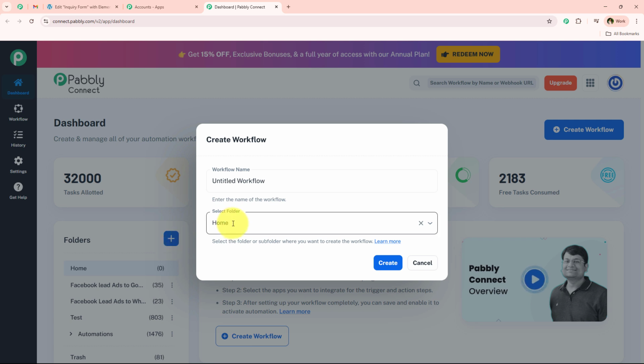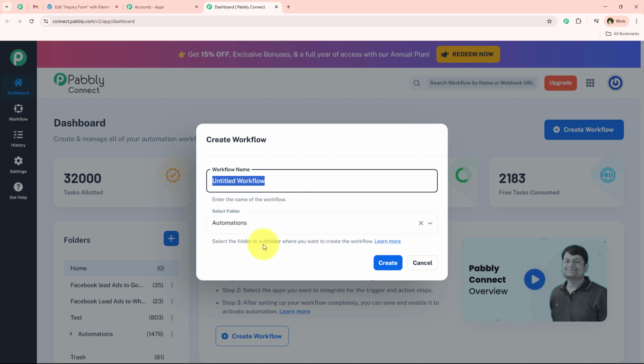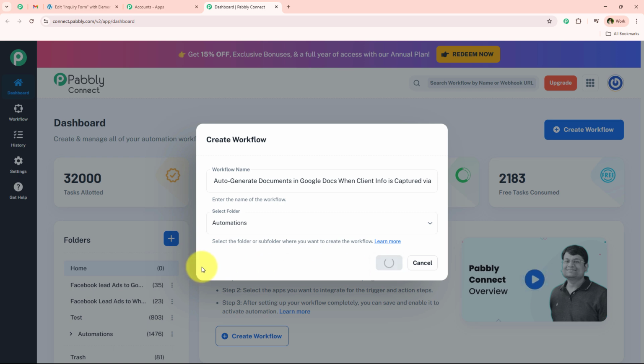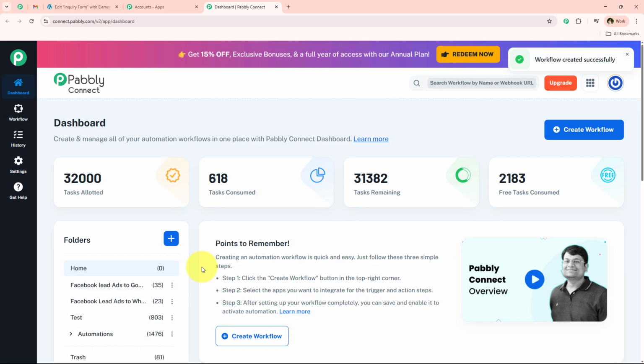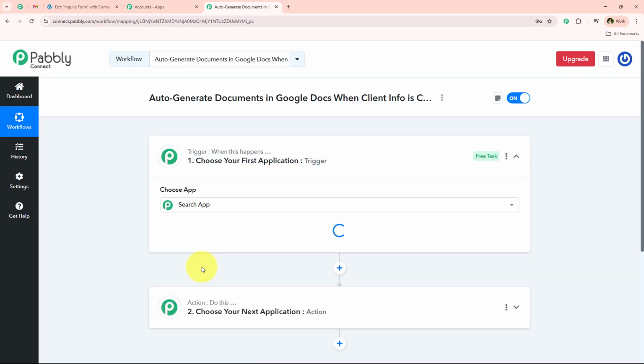I've already created many, so I'm just going to save my workflow in one of these only, which is automations. And now I'm just going to name my workflow as this, which says auto generate documents in Google Docs when client info is captured via Elementor. And then I'm just going to simply click on this button which says create, and it is going to open the most important window of our automation, which is our workflow